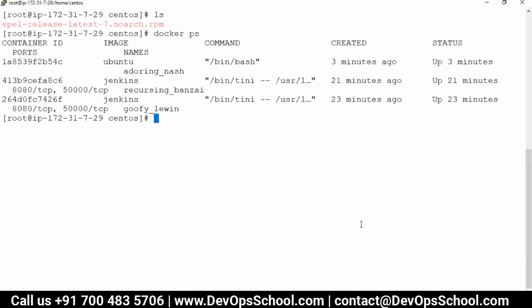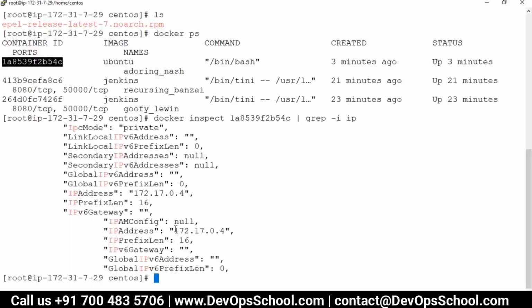Docker ps: these are the three containers. Docker inspect and container ID, and here grep -i ip. And here you have the IP address. And then ping.